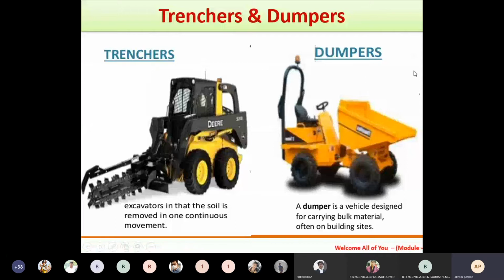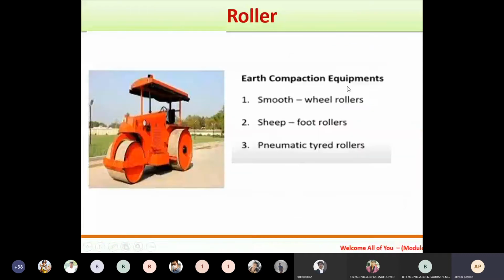Then this is a dumper. What is the use of this dumper? It has a small trolley and is particularly used in small construction areas. A dumper is a vehicle designed for carrying bulk material, often on building sites, right? So if you want to construct any type of building, we can use these dumpers.